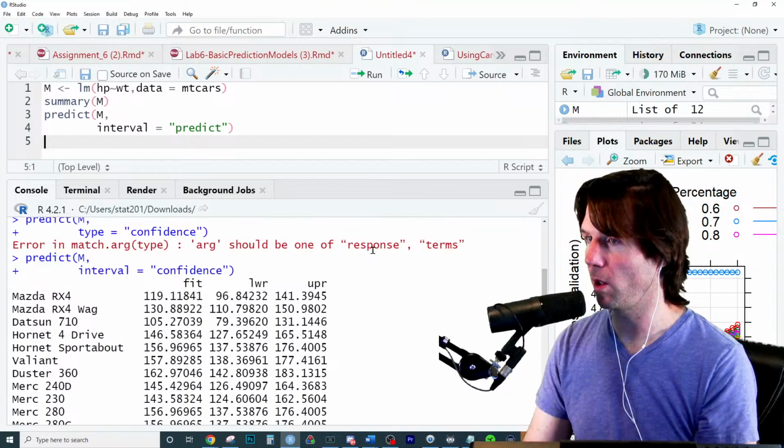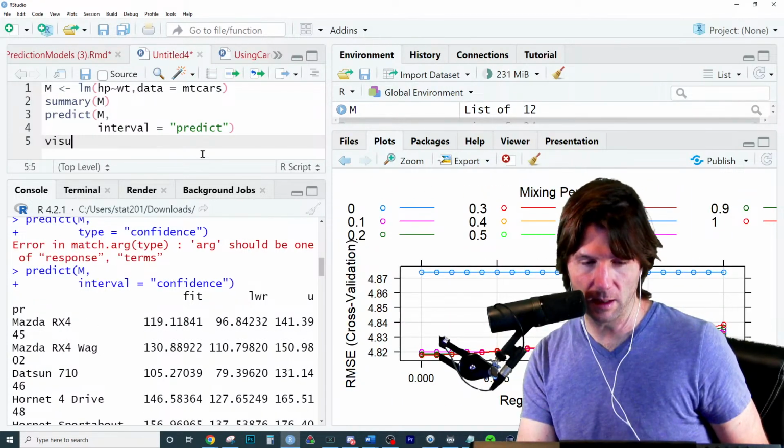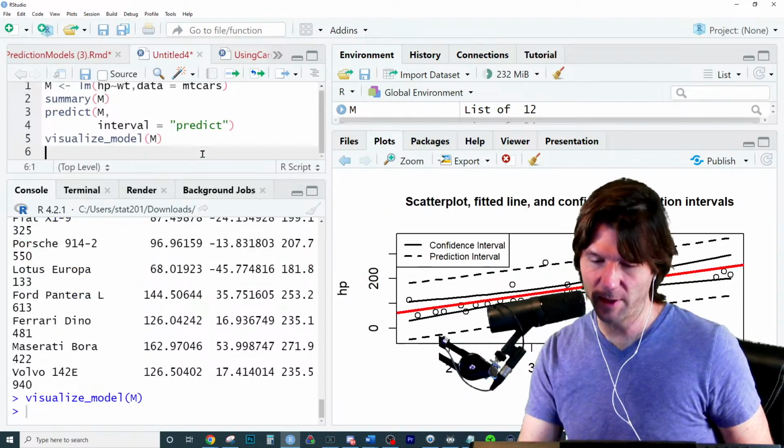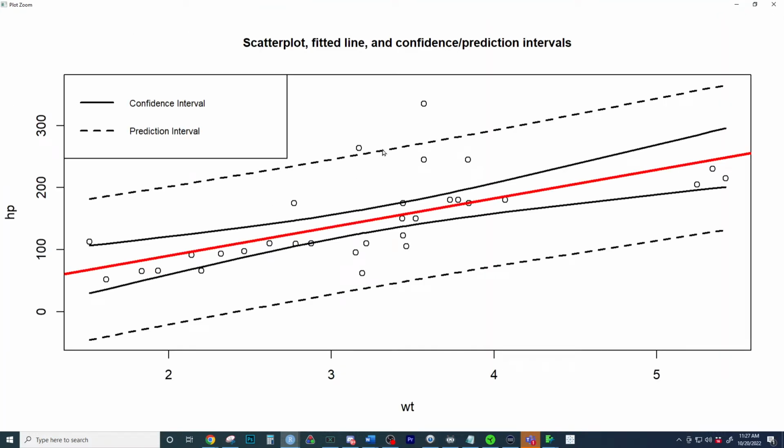The other one is for all individuals, the confidence interval for the mean. This is also shown to you visually in the visualized model. I'll mention these a little bit today. I don't think I put much on the test on these, though, so that's good news. Right here is your confidence interval. The confidence interval is for the mean of the line, which is the tighter one, and prediction intervals are for all